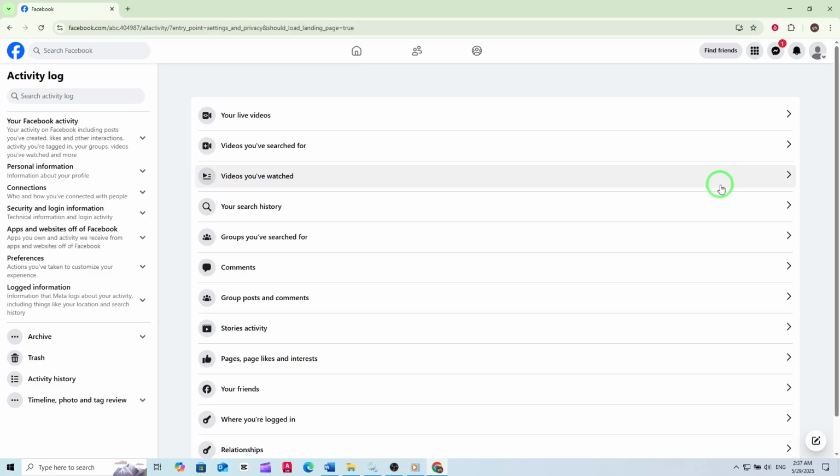Next, scroll down and find the section called Activity Log. Click on it to open a detailed history of your page's activities. The activity log is where Facebook keeps track of almost everything you do